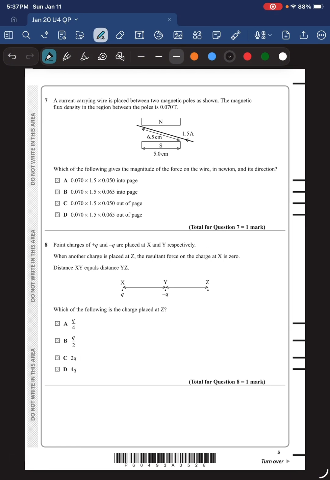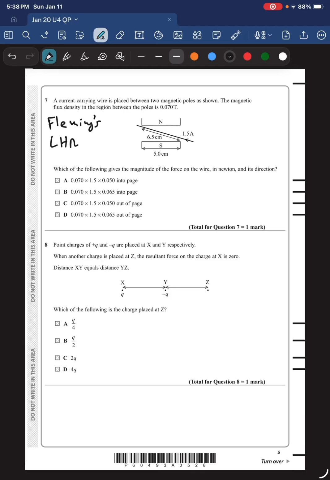Moving on to question 7. A current carrying wire is placed between two magnetic poles as shown. The magnetic flux density in the region between the poles is 0.07 teslas. Which of the following gives the magnitude of the force on the wire in newtons and its direction? For the direction we have to use Fleming's